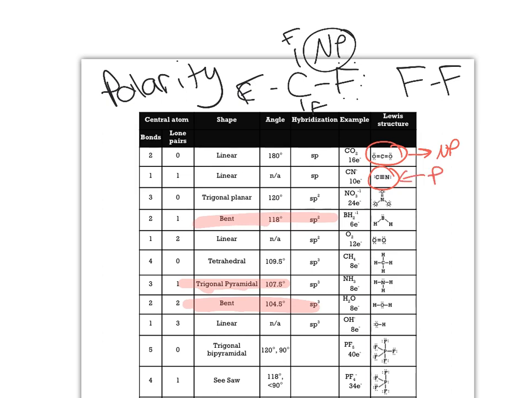But this one's polar. But if this were N bonded to N, like the nitrogen, if it were that, sorry, that would be nonpolar, okay? Does that make sense? All right, so carrying on with this,